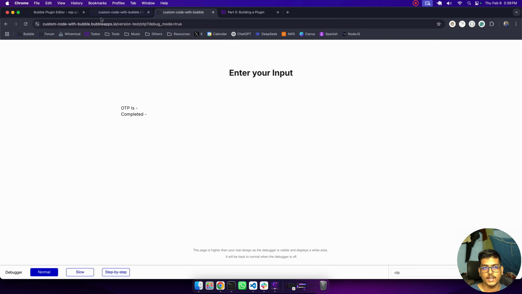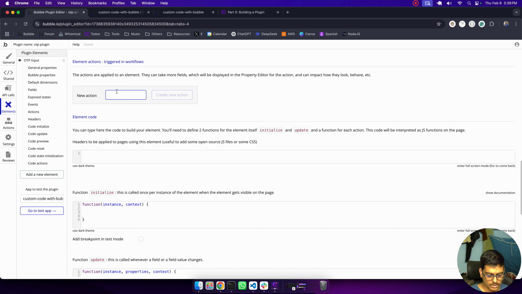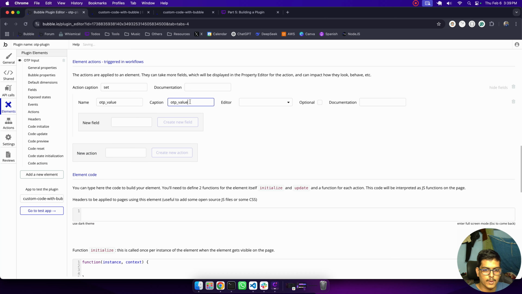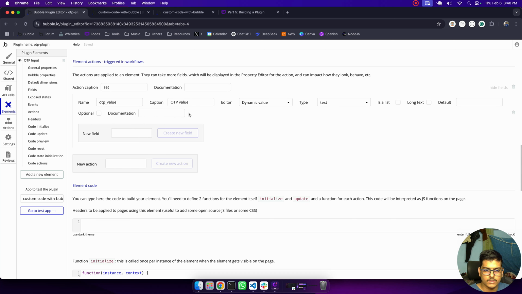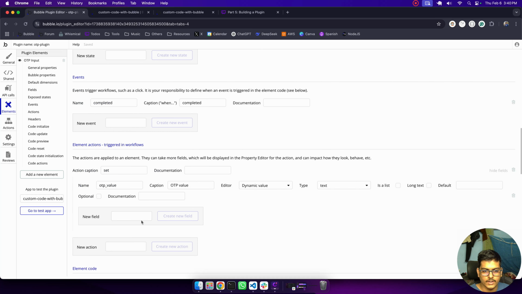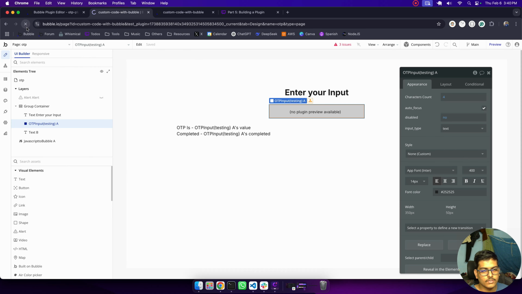For that, I can add a state here. For example, let's say I add a custom state, set. Now it also takes a new field. Let's say the new field is OTP value, for example. It will show like OTP value. It should be a dynamic text, same as the data. For example, if I refresh it,